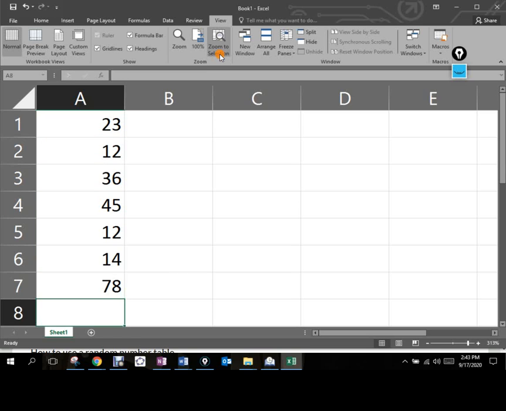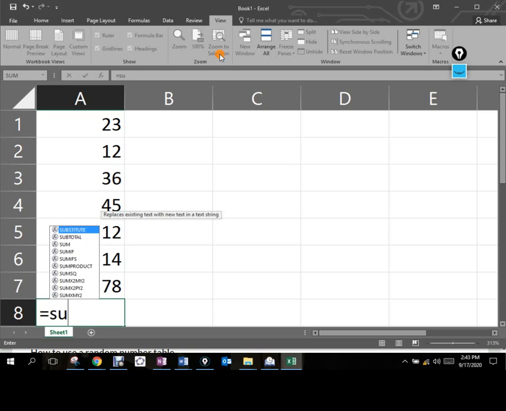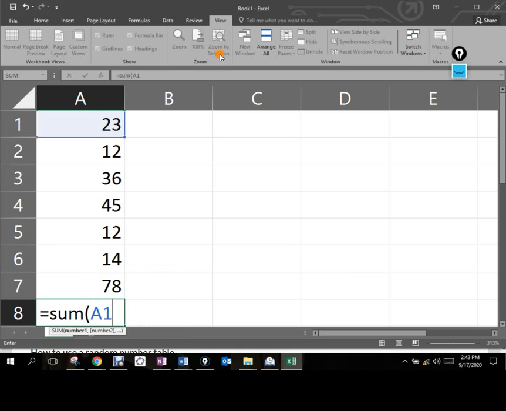Well, I can add those all up. I can just hit the equal sign. When I hit the equal sign on Excel, it jumps me into all the functions that Excel has, all the formulas and stuff like that that are built into it. And with Excel, they're called macros, but we can kind of create our own, which is really neat. But if I type in sum, it's going to ask me, well, what do you want to sum? Right now I want to sum everything from A1 to A7, okay? And what kind of stinks is that to learn Excel, you've got to learn all the different syntax and notations that they ask.